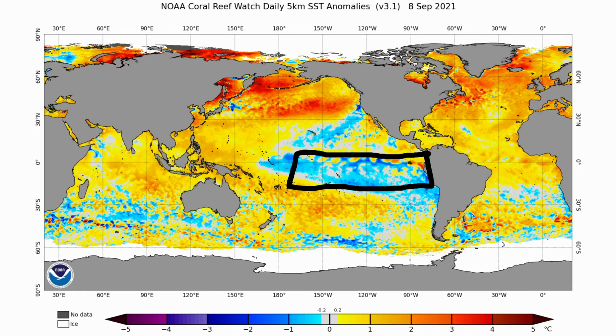So again, these are all going to have different impacts on the United States. ENSO neutral is a term you may have heard, and that's when usually we have neutral temperatures within that area, and that can cause normally a fairly cold winter for the eastern and central United States. And same thing for a La Nina, where you have colder temperatures within that part of the Pacific. Normally you have a fairly cold pattern, especially for the northern half of the U.S., and then the southern half of the U.S. tends to be a little bit drier and warmer. So that's just kind of a brief summation of the ENSO, just for anybody who doesn't know about that.